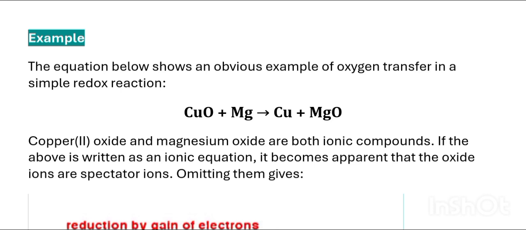But if we explain it in terms of electrons, you can see here copper has formed a bond with oxygen by gaining 2 electrons, and here we have an atomic copper, means Cu plus 2 has been changed into Cu. So the gain of electrons means it is reduction because oxygen is also lost, whereas magnesium is in its atomic form, it is stable, and here it has been changed into Mg plus 2 by losing 2 electrons to oxygen, so it is oxidized.